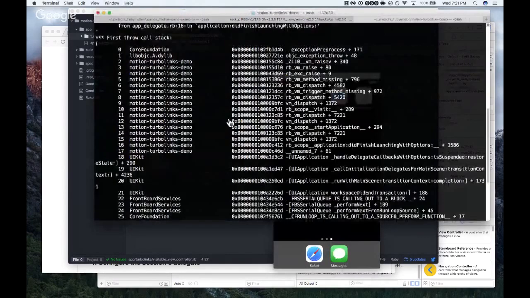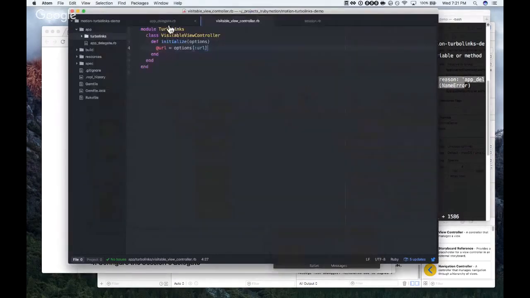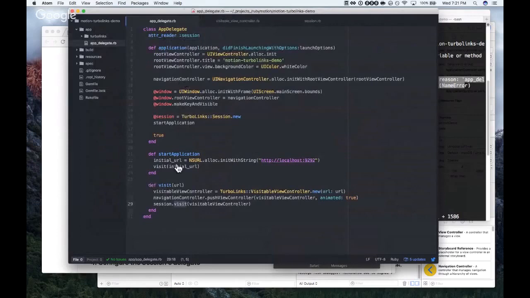Okay, now our error is name error, uncaught exception. App delegate undefined local variable method navigation controller. So I referenced navigation controller like this instead of putting an @ sign in front of it.